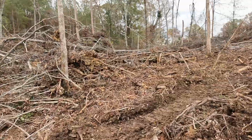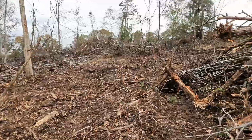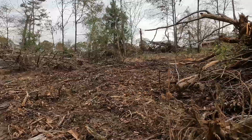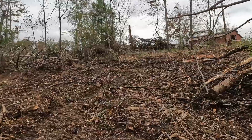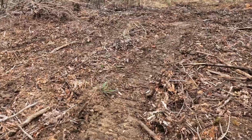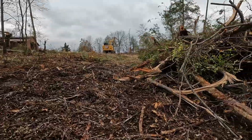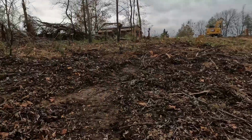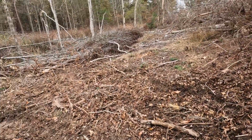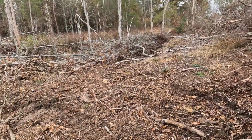I'll take all that and start another pile, but these little scraggly trees I'll take down and get them out of the way. So this will help this start drying out. You can see it's just been laying in the water here, and that right there should burn really good. Like I said, it's been down on the ground for several months, and the trees are almost too brittle,